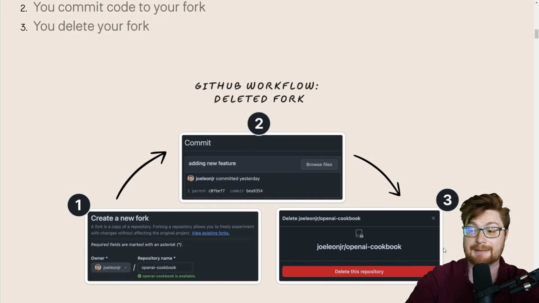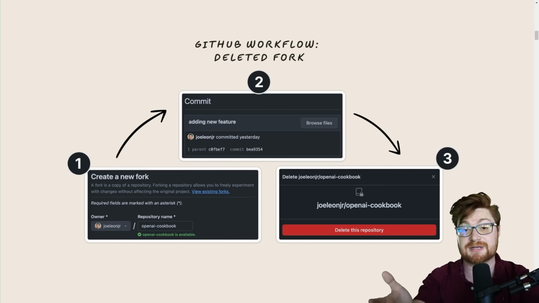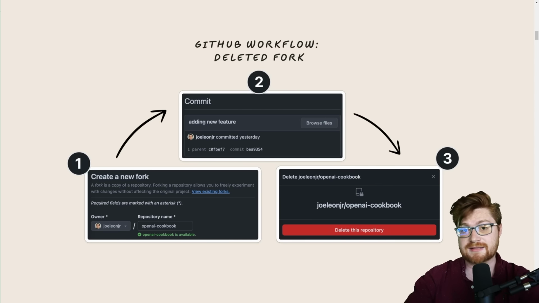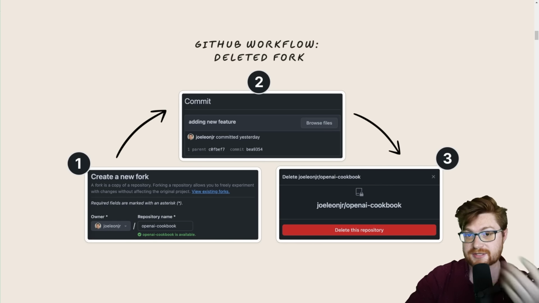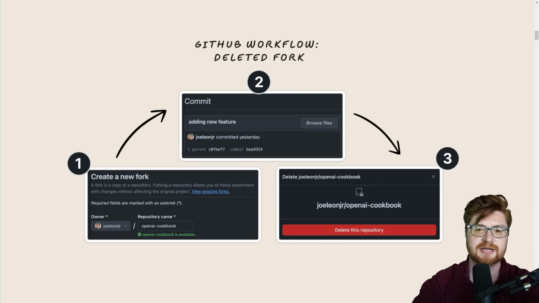But if that happened to have any sensitive information, maybe code, maybe API keys, maybe passwords, credentials that probably shouldn't have been in the repository to begin with, or anything that you just added to the repository that you no longer want part of it because you deleted the repository, it's still accessible, but in kind of an interesting way.